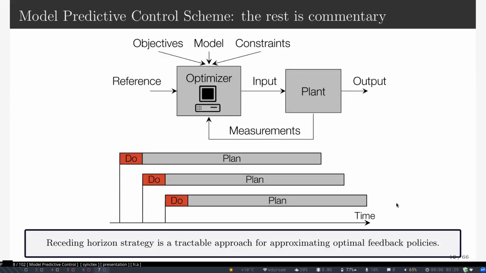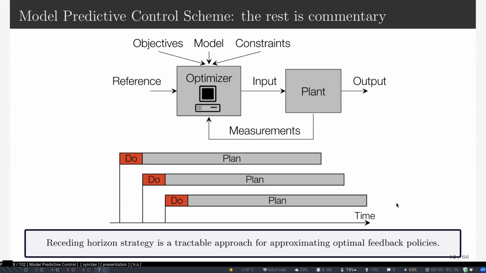Okay, this is a picture that you will see in every MPC presentation you've ever attended. I don't know if you ever looked, but it's good because it talks about how the system really works. So we have the plant, this is the system. It has outputs, it has measurements, and then we have something called the optimizer, the controller. The controller gets a reference, which is really one of the specifications. It might be given the objective, that's the cost you want to minimize, the constraints, and some model of this plant. It doesn't need to be the same thing, obviously, because we never know what the plant is. It's a model of the plant.